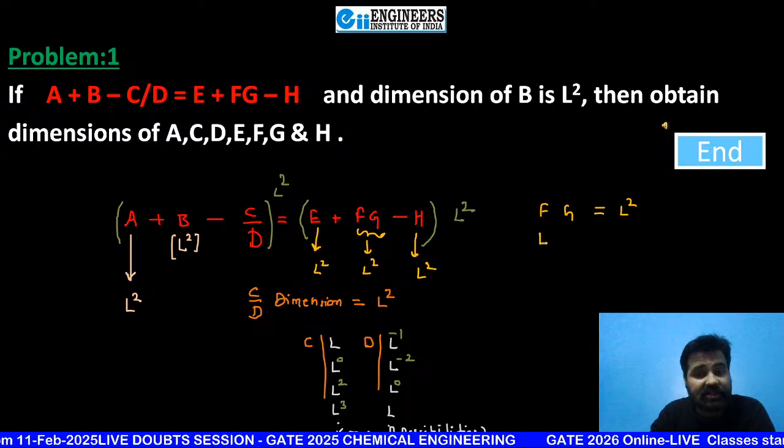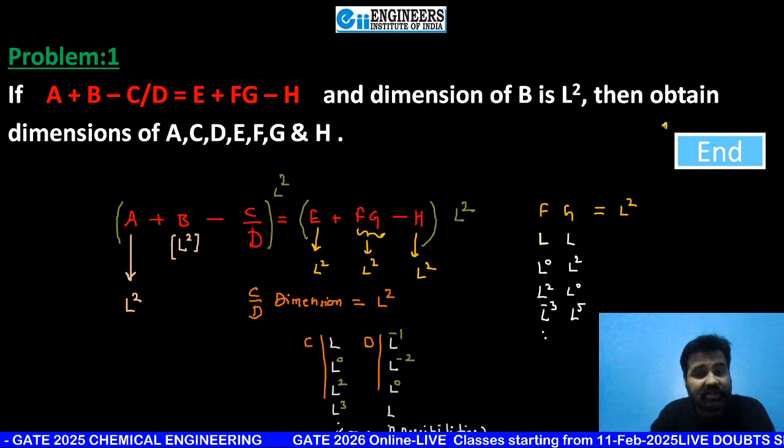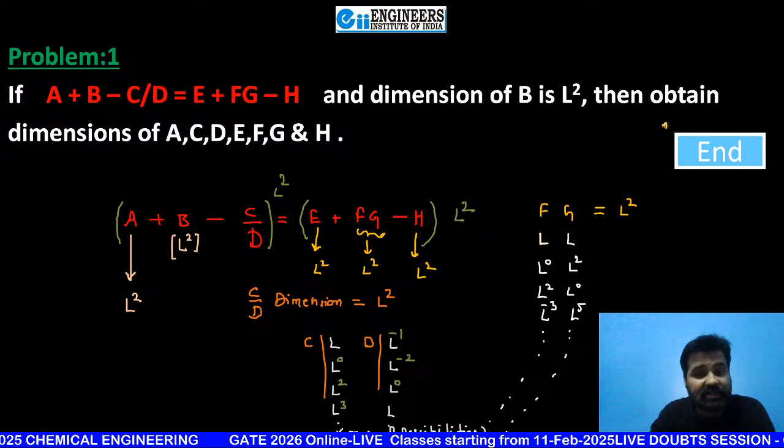Like here, if the dimension of F is L, अब यहाँ पे वो वाला multiplication वाला use करोगे. Here you are going to use the same multiplication example. So here if L, then it should be L into L square. If here this is L to the power 0, it should be L square. If this is L square, this should be L to the power 0. If this is L to the power minus 3, that means this should be L to the power 5. So infinite number of possibilities are there. Now I hope that for any given equation, if they are writing that this is a consistent equation, then you all are now able to find their respective dimensions.